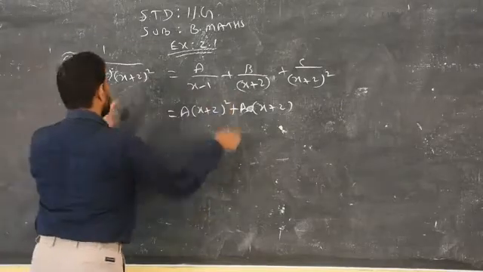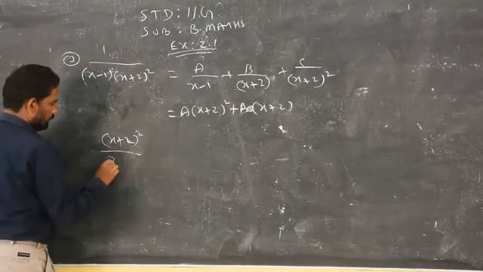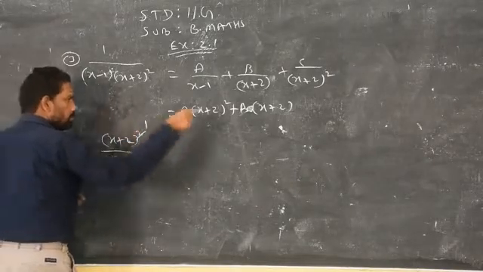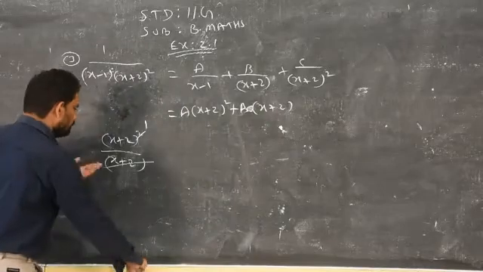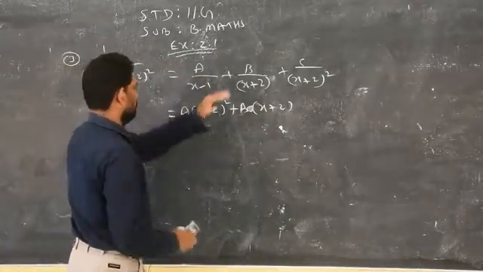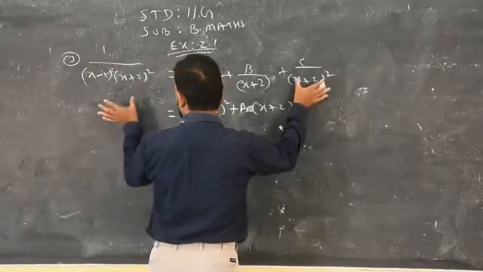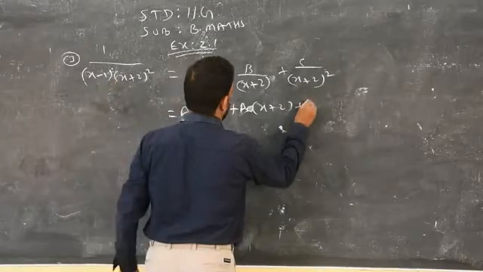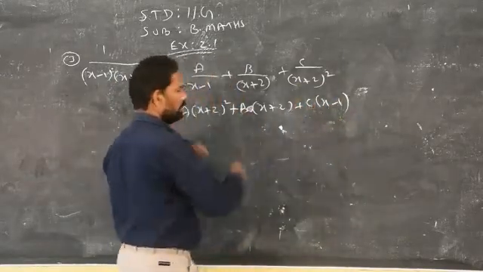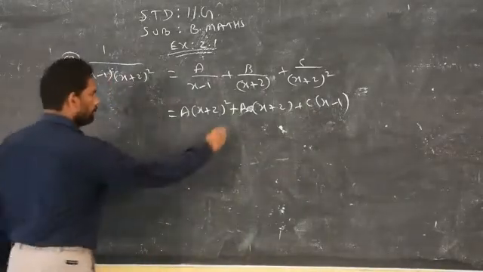When you compare (x plus 2) the whole square by (x plus 2), what is the remainder? x plus 2. That's what I am writing there, x plus 2. Nothing, I have to divide. You divide each by this or you multiply it. (x plus 2) the whole square, (x plus 2) the whole square, remainder C of (x minus 1). Just compare the denominator and write the remaining factors. That's all. Clear? Any doubt?